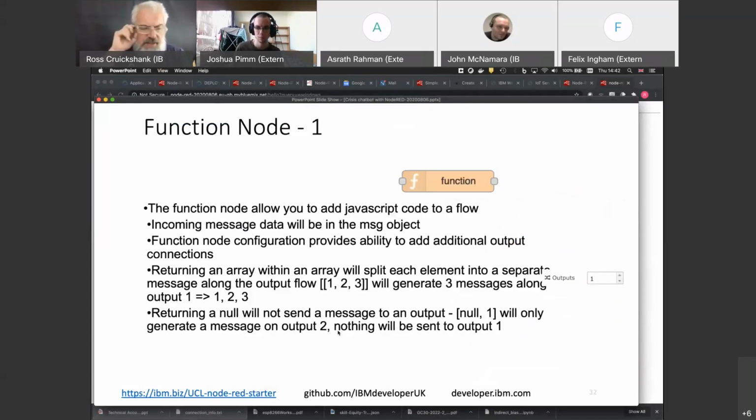If you need to do things that nodes can't do, if you can't combine switching and changing values or templating, you can then use function nodes, and function nodes let you create raw JavaScript. You can choose to generate multiple outputs if you want. It's full JavaScript support, but it runs in a little sandbox environment to protect the rest of the runtime if you mess up. So you'll find it's a little bit slower to do things,